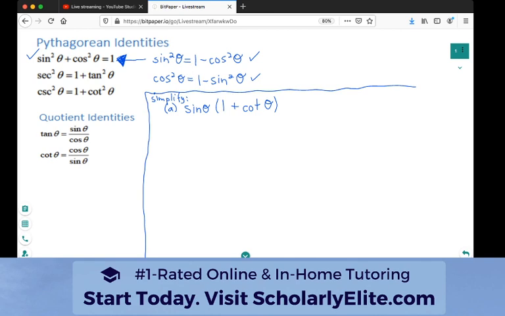Well, automatically, whenever I have a more complex identity, so for this particular question, we have cotangent of theta, which is over here. You can see that cotangent of theta equals cosine of theta over sine of theta, because it's the inverse of tan, which is obviously the flipped of that. So I'm going to change cotangent of theta in this scenario. So I'm going to go sine of theta times 1 plus cosine, oh, this is squared, my bad, sorry. So cosine of theta over sine of theta